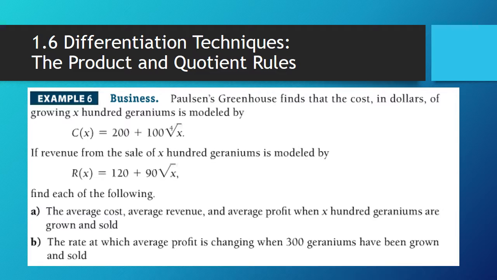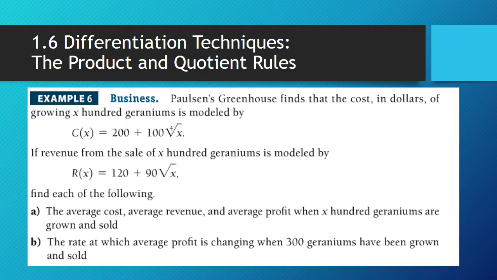So we have a business problem here. Paulson's greenhouse finds that the cost in dollars of growing x hundred geraniums is modeled by this function. And we have another function here for revenue. And again, remember, x is in hundreds. They want us to find the average cost, revenue, and profit when x hundred geraniums are grown and sold. And then they want to find the rate at which the profit is changing when 300 geraniums have been grown